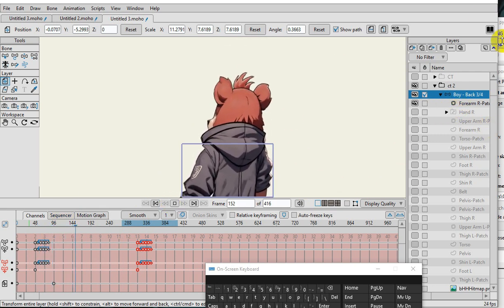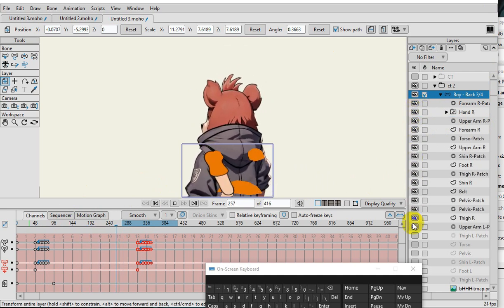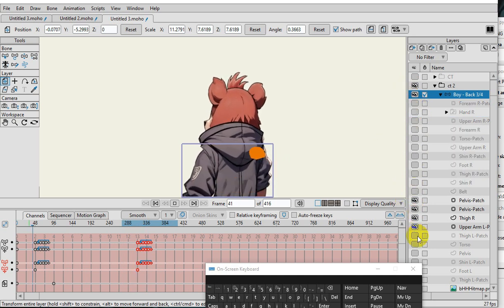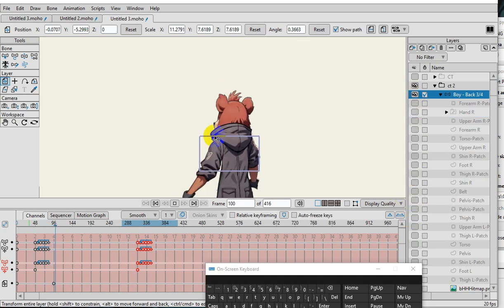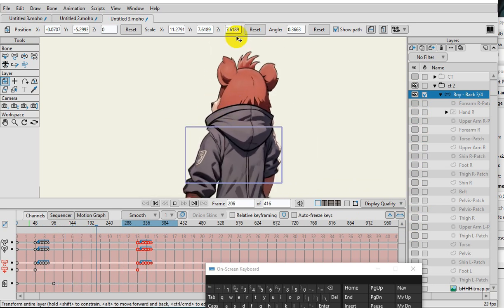And everything else that we have in this part, you can delete or add anything you like. So if you're trying to do just a close-up back shot like that,